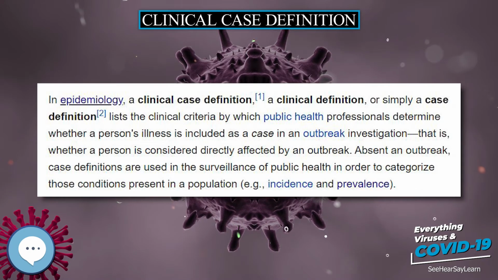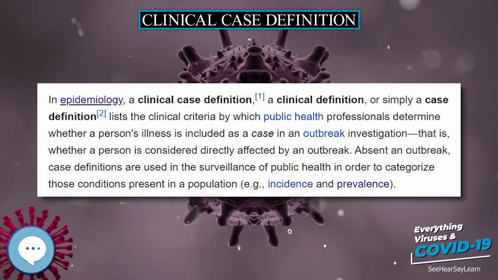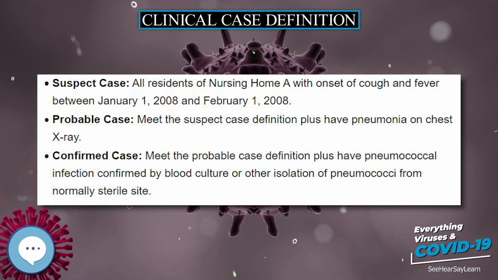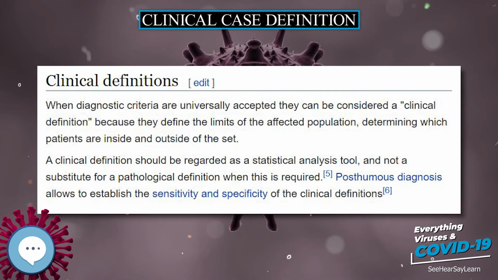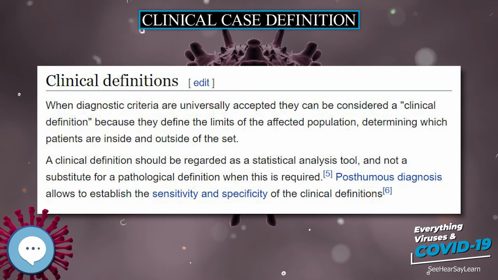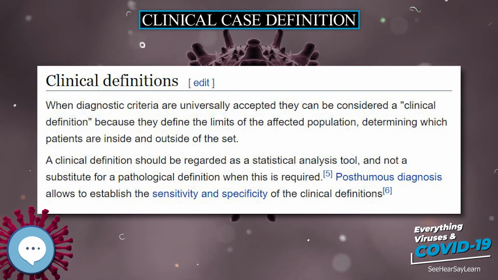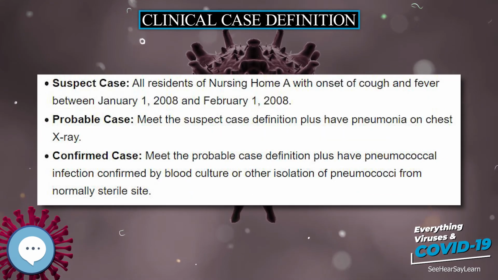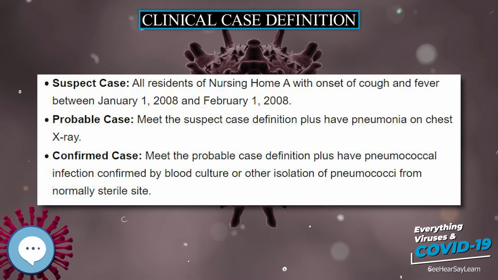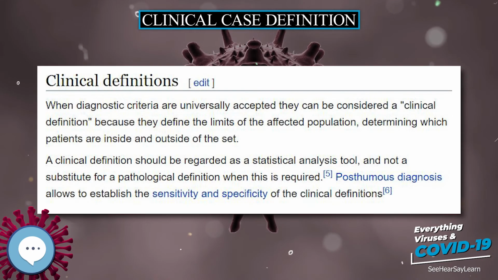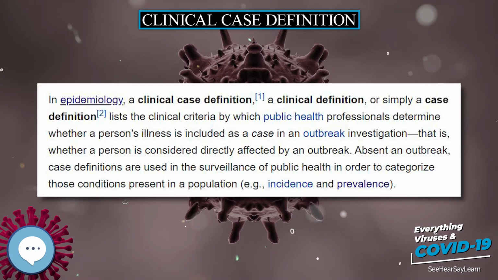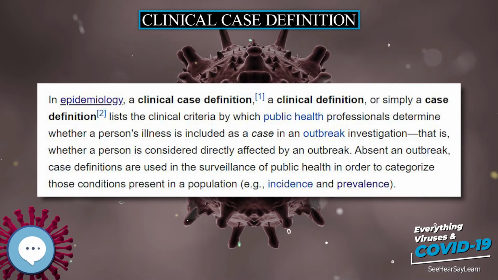Place criteria will usually specify a geographical entity such as a town, state, or country, but may be as small as an institution, a school class, or a restaurant meal session. Case definitions are often used to label individuals as suspect, probable, or confirmed cases. For example, in the investigation of an outbreak of pneumococcal pneumonia in a nursing home, the case definition may be specified as. By creating a case definition, public health professionals are better equipped to study an outbreak and determine possible